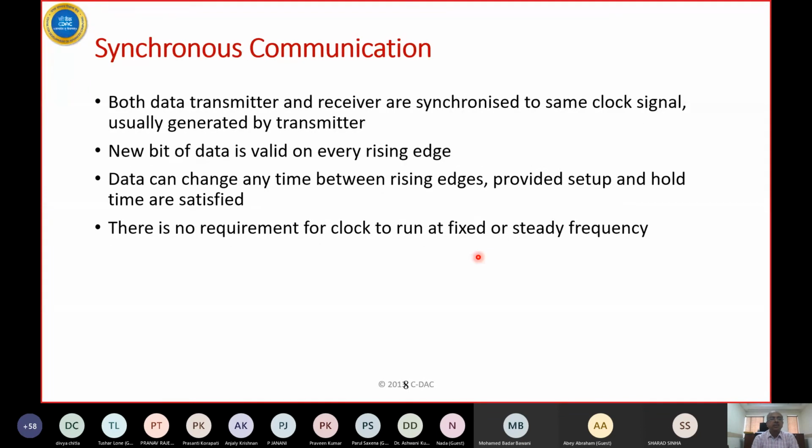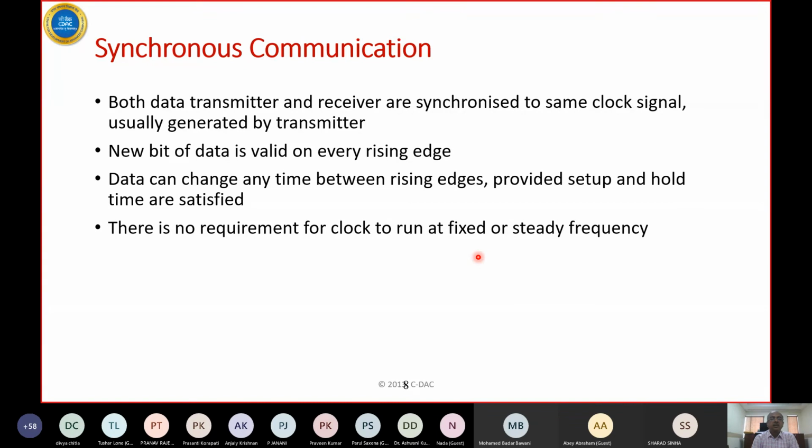In synchronous communication, the transmitter and the receiver share a clock signal. So typically, you will have a connection between a device which is a transmitter, and another device which is a receiver. They will definitely have a data line on which data is sent, and the ground that I mentioned in the previous slide. Additionally, it should also have a clock. So the clock will qualify the data. When should the receiver sample the data? That will be decided by the rising edge of the clock.